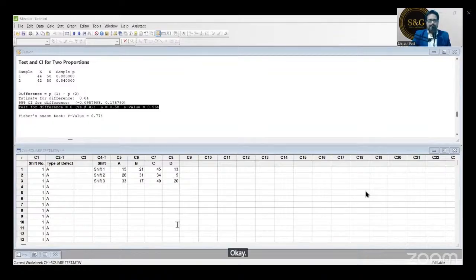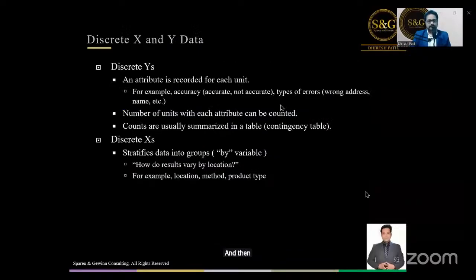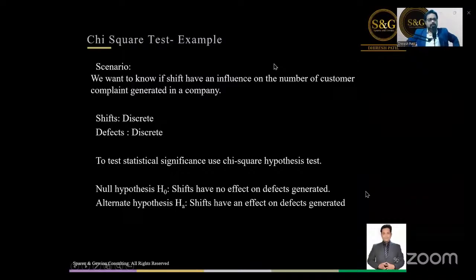Okay, and let me explain what the scenario is here, and then I'll explain how this chi-square is calculated. Just check here first.